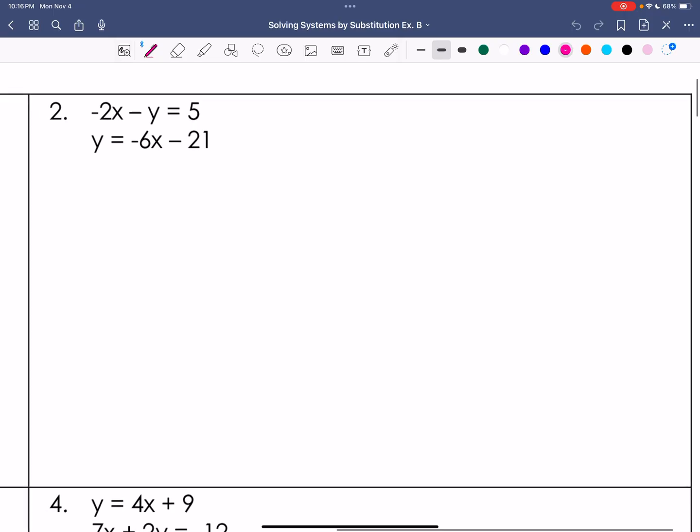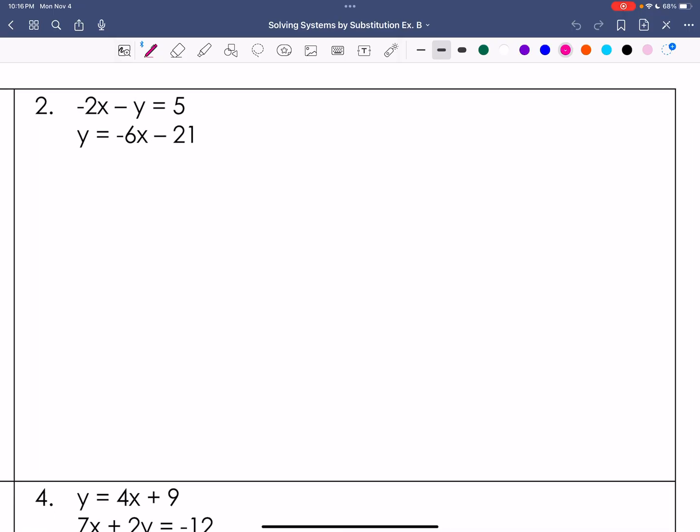And so we're going to go ahead and start off by looking at number 2. So number 2, we have negative 2x minus y equals 5, and we also have y equals negative 6x minus 1. Now remember, when it comes to the substitution method, you always have to make sure one of your equations is solved for either x equals or y equals. Now in this case, my second equation is solved for y. So here, this means that anytime I see a y value, I know that its expression is equivalent to negative 6x minus 21. So when I go over to the other equation to substitute in negative 6x minus 21 for y,